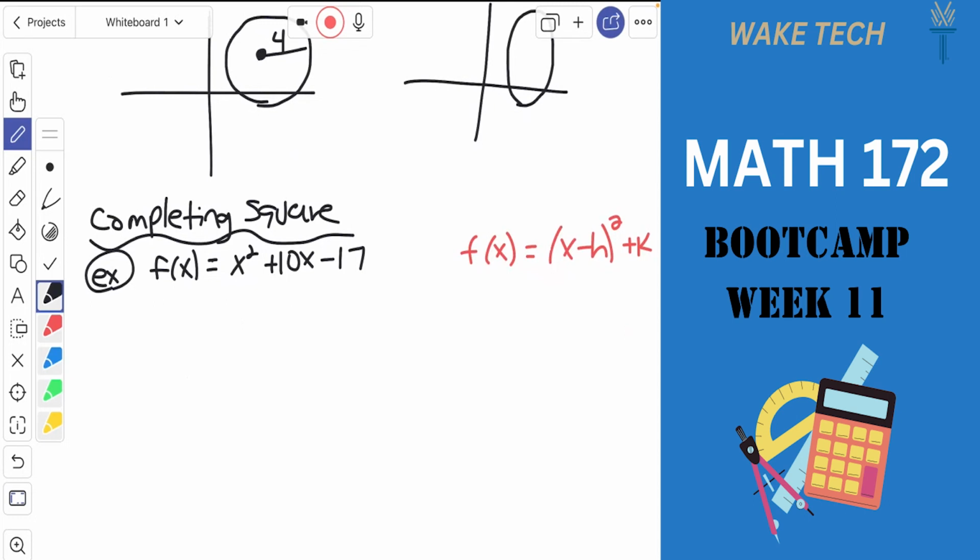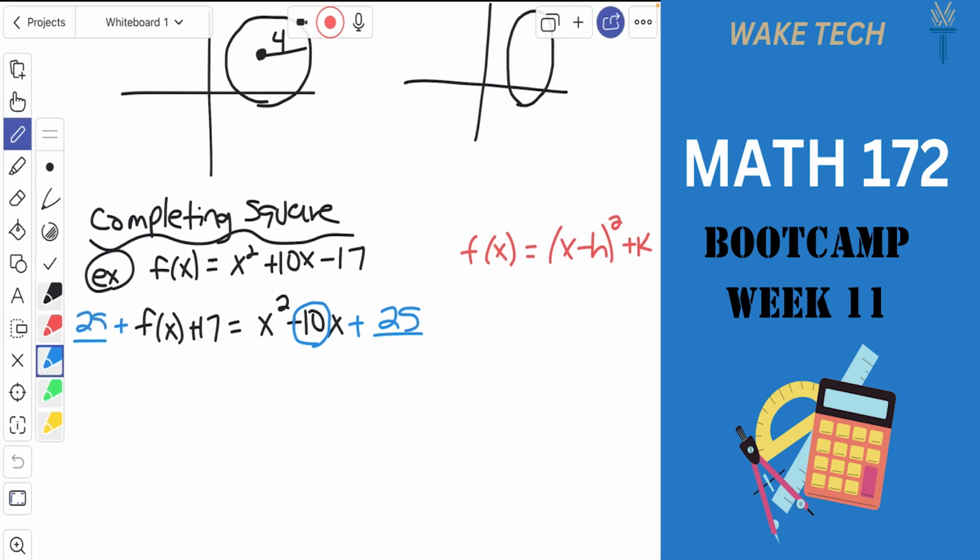But what we need to do first is move that 17 from the end. We need to move it to the other side with the f. It's not really part of the completing the square process, so we're just scooting it over out of the way. And then what we do is add a new term to each side of this equation. I'm just going to add the new term in front of everything on the left. But the new term we add is always half of the coefficient with x, squared. So in this case, half of 10 is 5, and 5 squared is 25. So we're going to add